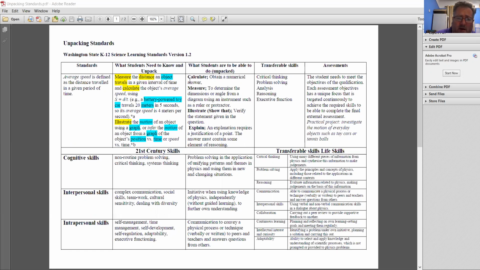Assessments are continuous. After every topic, there is a small quiz, a formative assessment, which will build up to the summative assessment at the end. During this process, after the theory, practical projects will be created, students will be putting the theory toward the project themselves. So playing with tennis balls, moving a car, and these skills are important for life later on because you can determine how fast things are moving. The 21st century skills